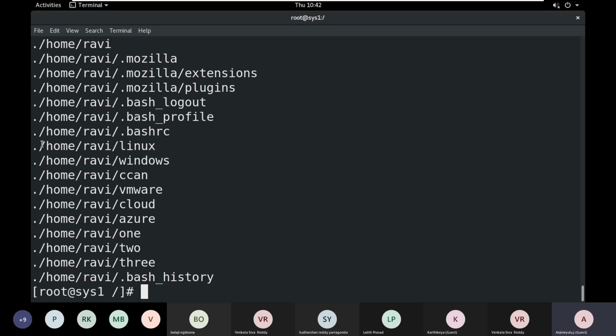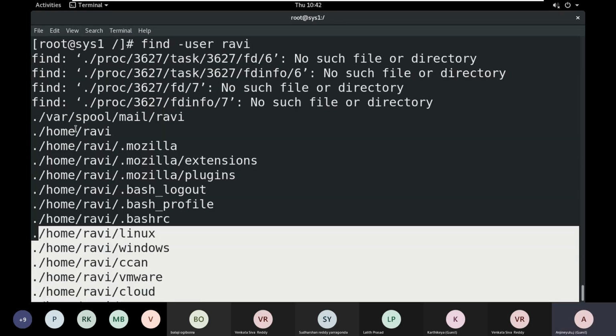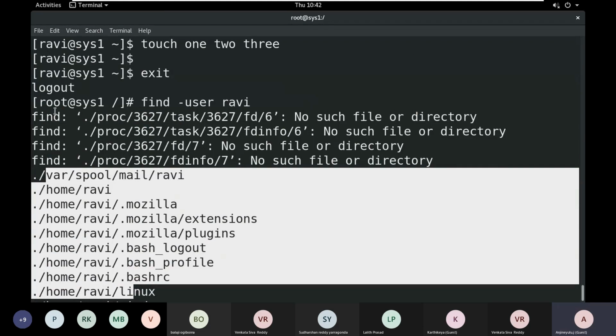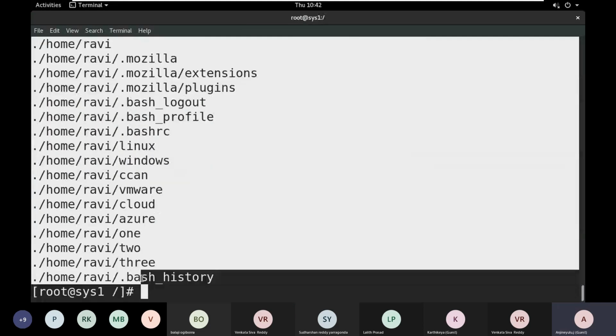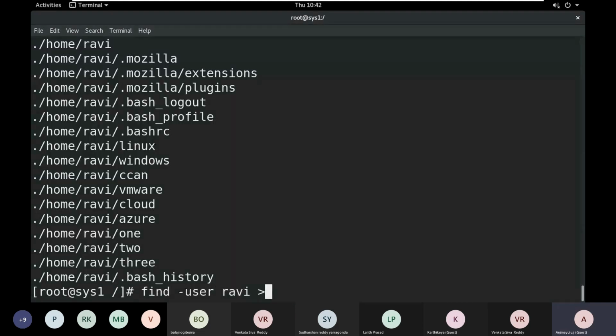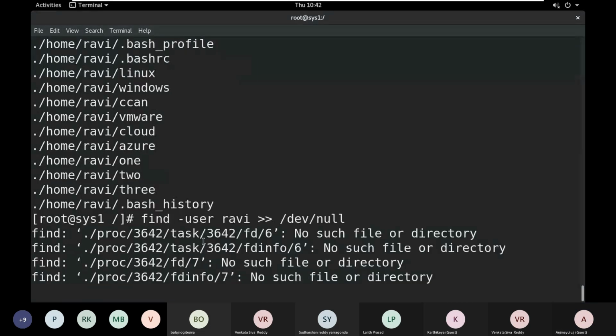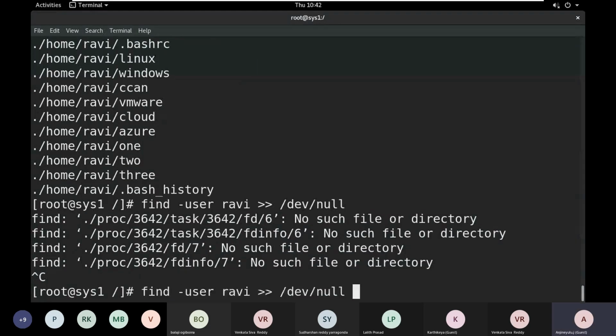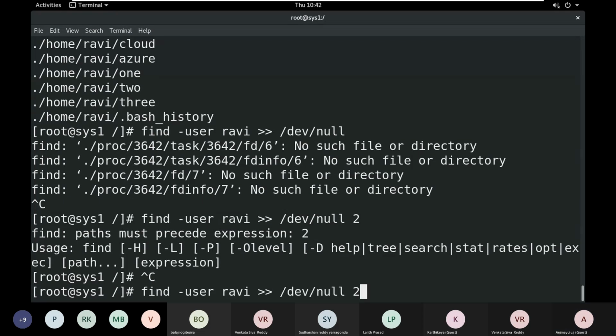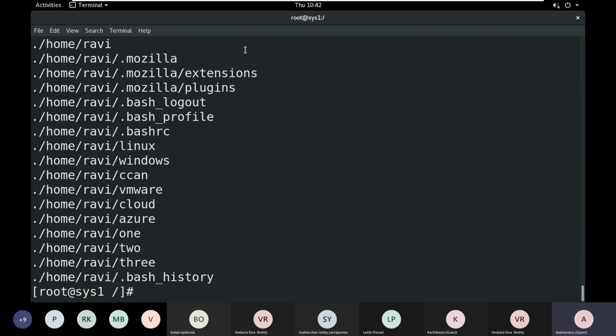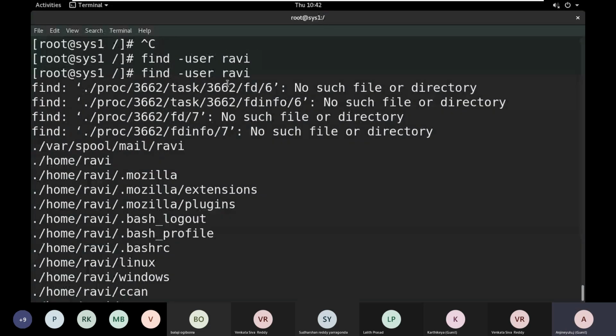So these are the files and directories under the Ravi user. We can give find -user, username Ravi.